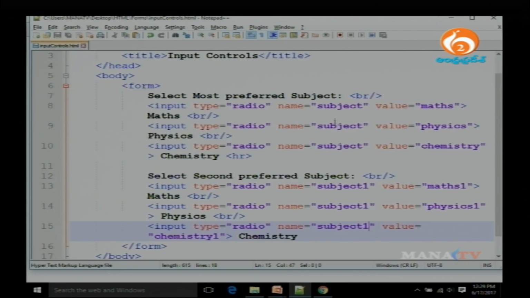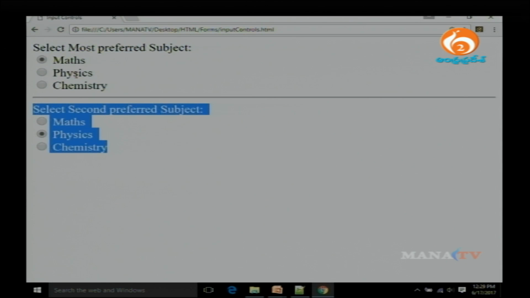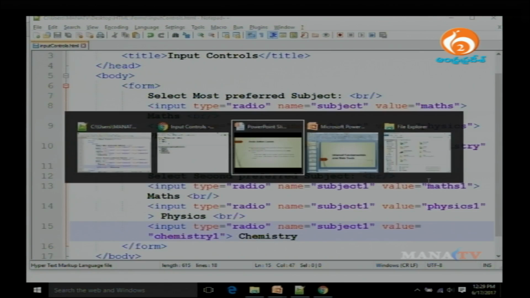So, this one is one group and this one is another group, and I can select maths here and I can select physics here. So, this group will not affect the other group. And one more thing we